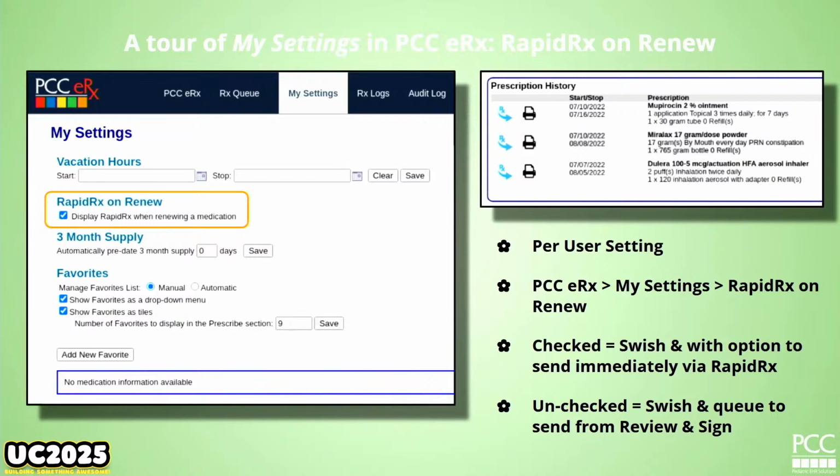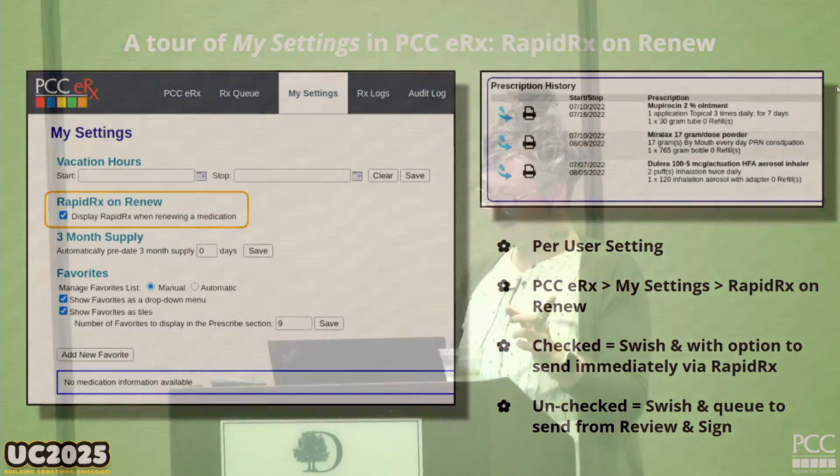All right, let's take a look at that swish, and there's a couple things to know here. We just covered that the blue swish is the easy way to renew that prescription exactly the way you wrote it. Depending on when you joined PCC, you might have a different experience than someone else sitting in this room, but you have full capability to make these changes. There's two options here.